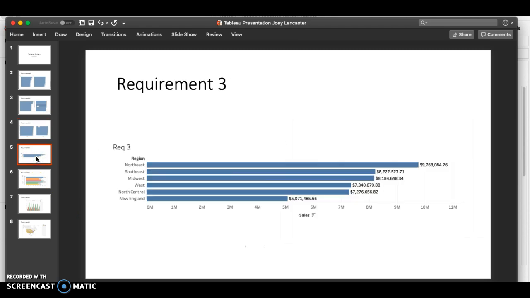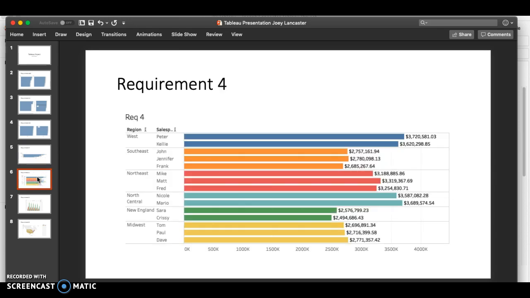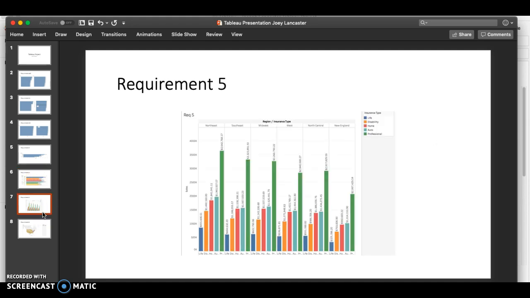In requirement 3, you can see the total insurance policy sales by region of the United States. The region with the highest number of sales is the Northeast with a total dollar amount of $9,776,084.26, with the region with the lowest sales is New England with a total dollar amount of $5,071,485.66. Requirement 4 shows a graph with the leading salespeople for each region, and requirement 5 shows the total dollar